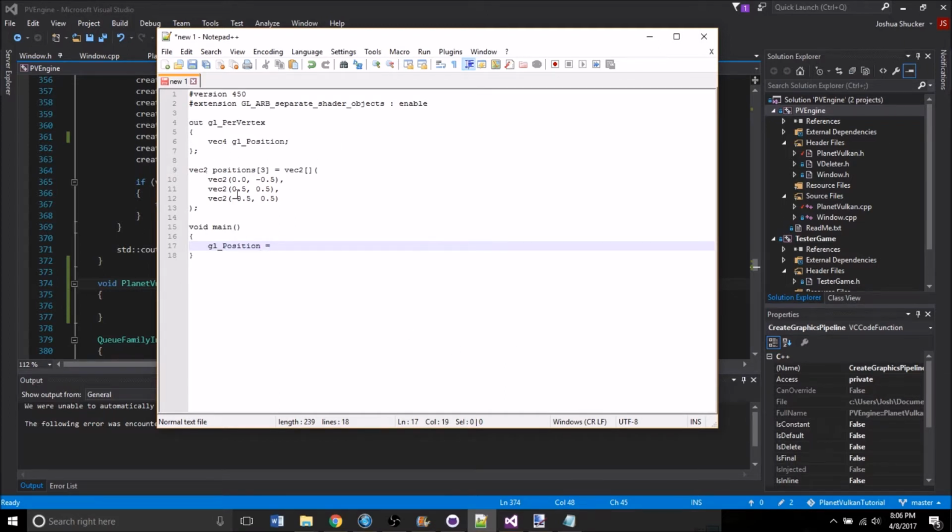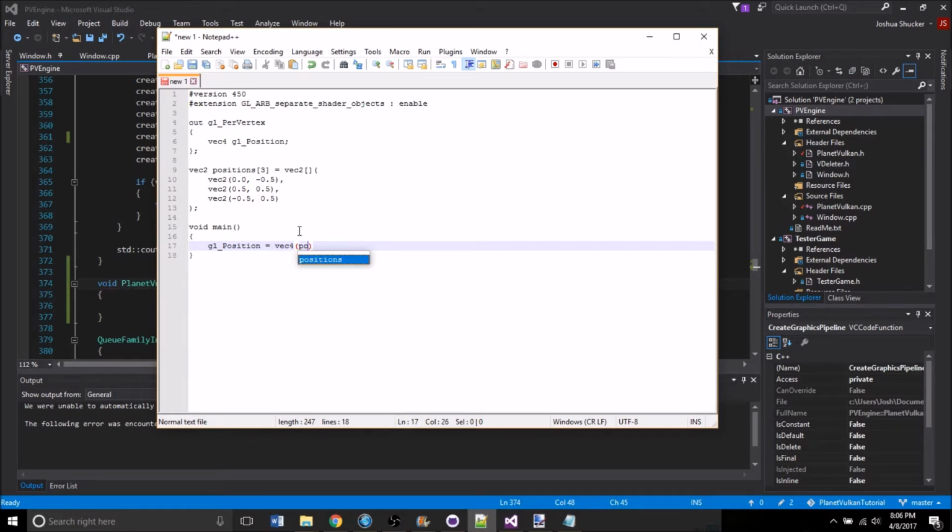You'll notice the positions that we got, those are all vec2, so they only hold 2 variables. And we need a vec4, because to get a true position, it needs to have an x, a y, a z, and a w. So since we only gave it an x and y position because we're making a 2D triangle, we're going to tack those on the end. So we're going to pass in a vec4,